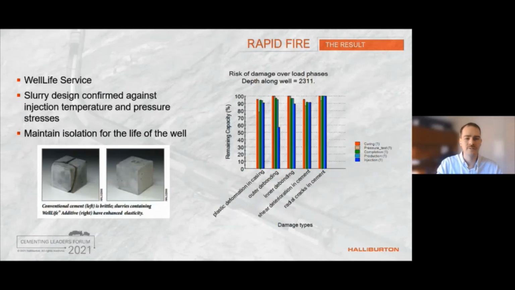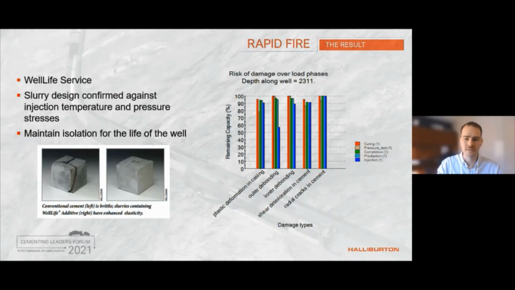Well Life Service is the finite differential analysis software, which assesses the remaining capacity, which is the remaining strength under each stress regime. So 100% means that no stresses have been applied, and 0% means that the cement has failed under that stress regime. It assesses the cement under different models, which includes the curing of cement, which is the expansion or contraction as the cement sets, pressure testing, which is applying pressure to test the well, completion, which is the swap of fluids from inside, which will remove